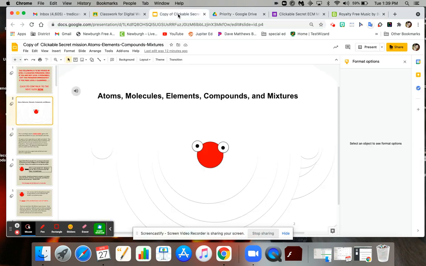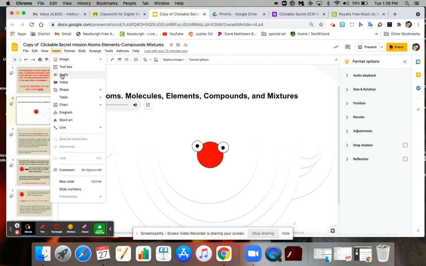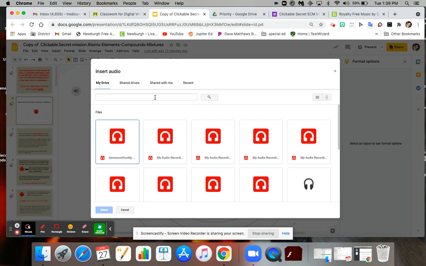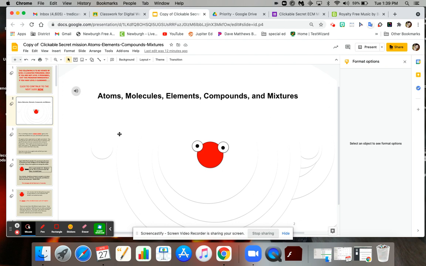But here's how I did it. Here's how I inserted this. You go to Insert, Audio, and then you'll find it in your Google Drive. You click on whatever one you have, and boom, that's it. Some other things to know, once you have it embedded, so here it is,